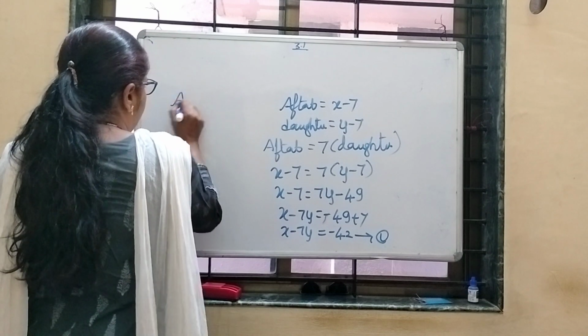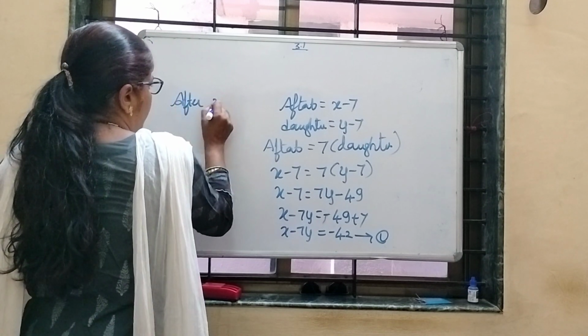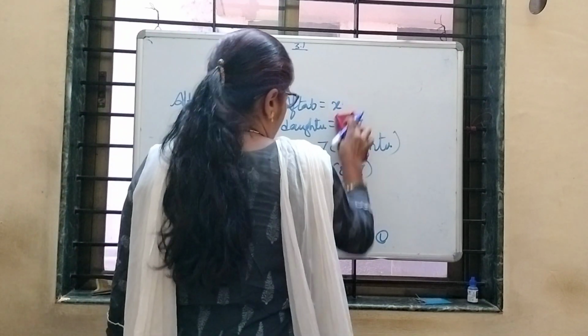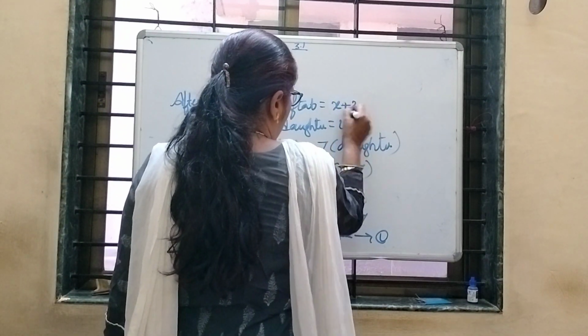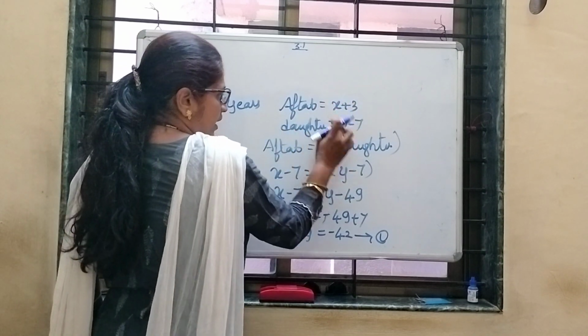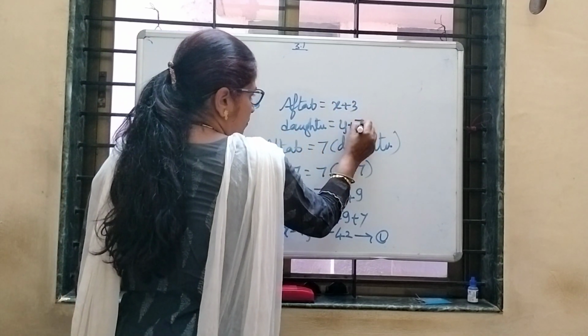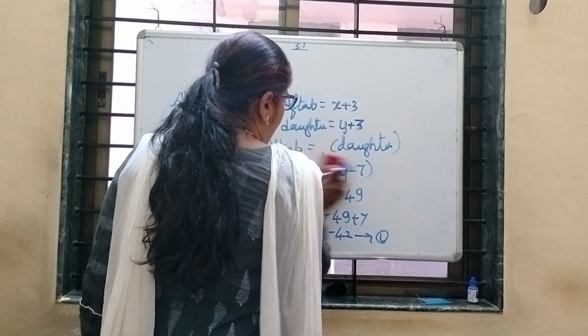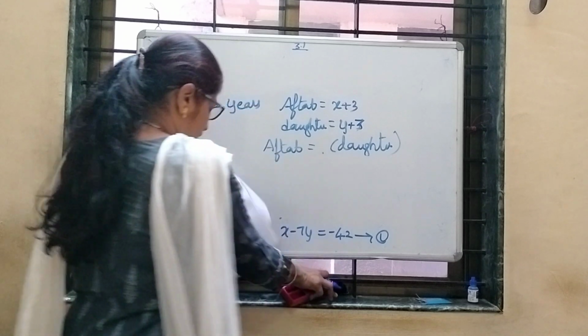That means after 3 years. That time he will be x plus 3, because we have taken the present age. After 3 years means he will be x plus 3. Daughter will be y plus 3. That time, what is the condition? Just we will see now. The condition is